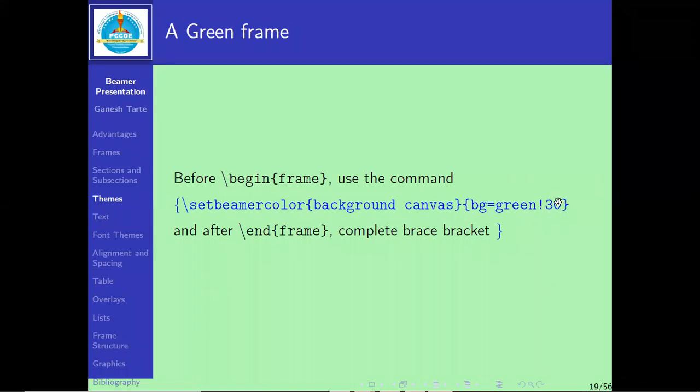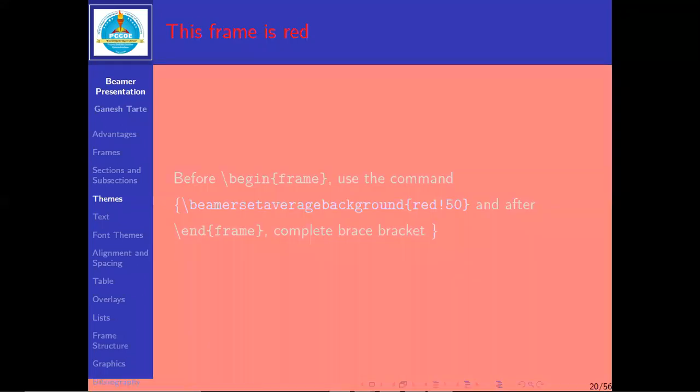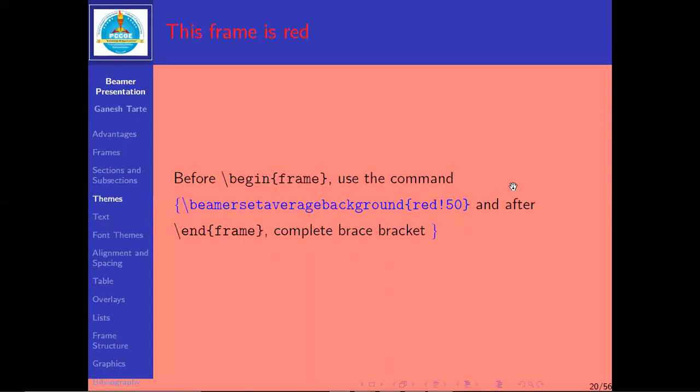So whatever percentage you set here, accordingly that shade of green color will appear in the background. One more command is there for changing the background color, and that command is \setbeamercolor average background. So the effect is the same. Instead of green, if you replace it by red, and then replace it by green again, we get the same shade, the previous shade.